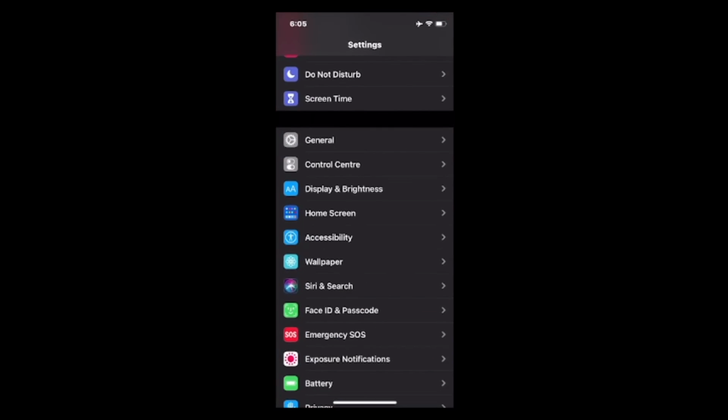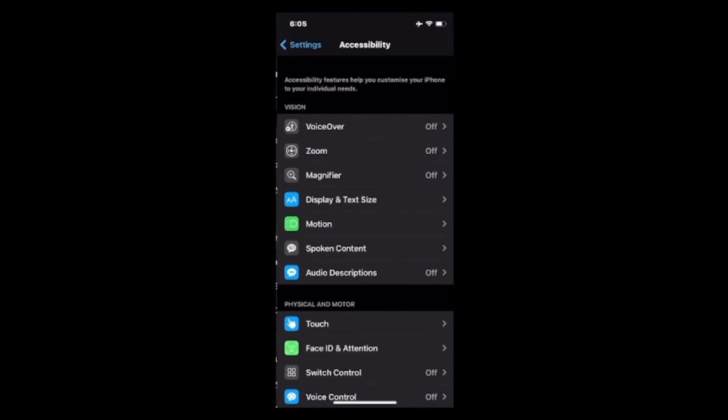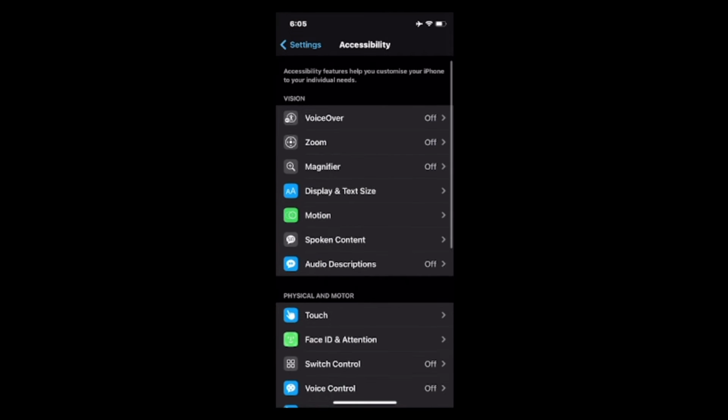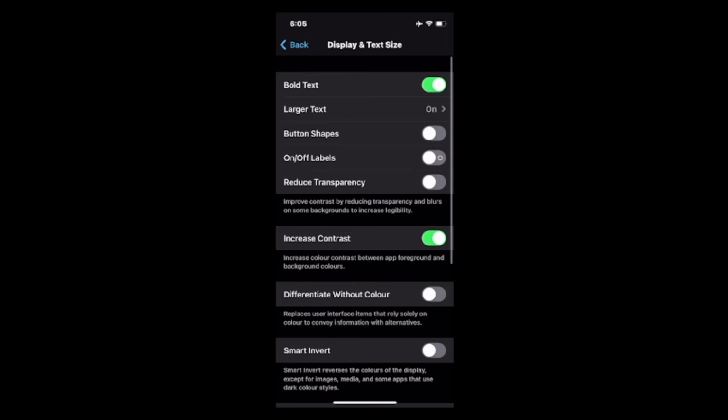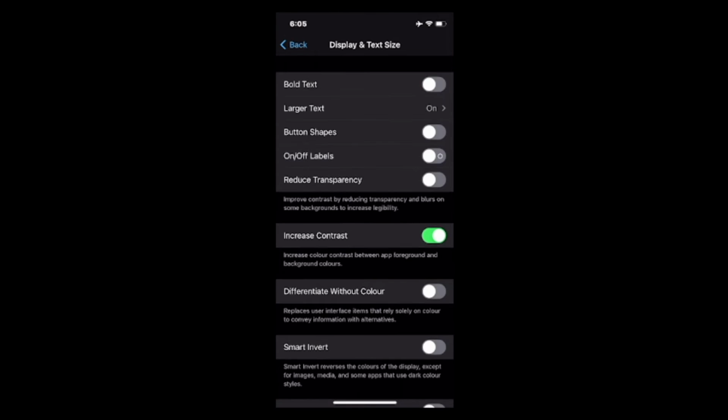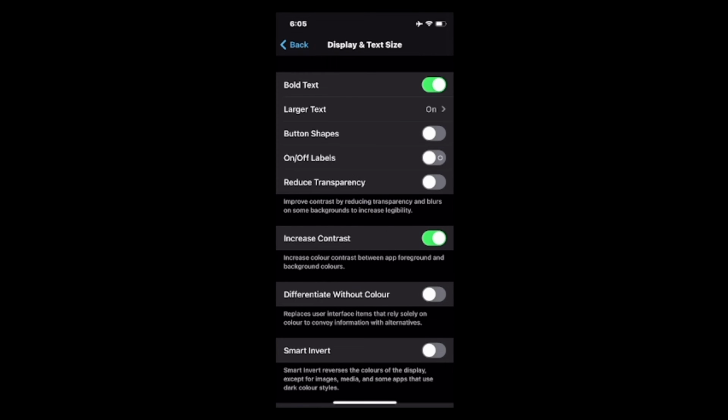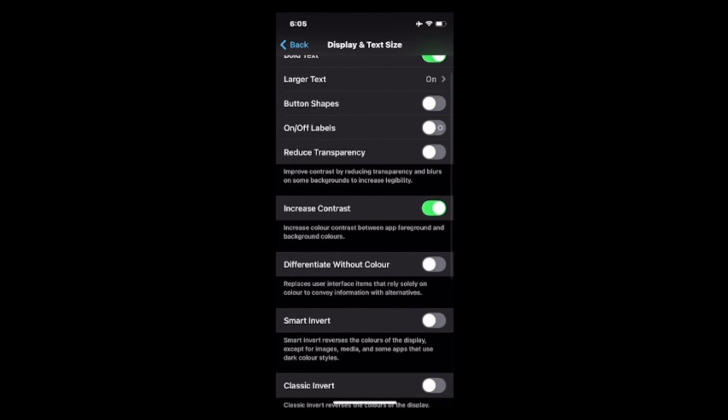Again, go to settings, go to accessibility, then open display and text size and turn off it. Once you turn on the bold text, you can also use these more features,